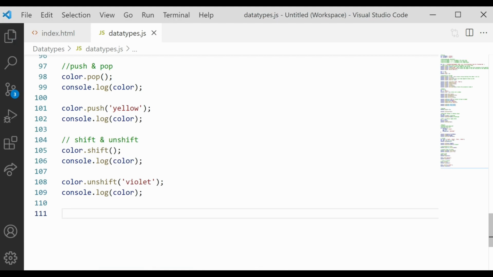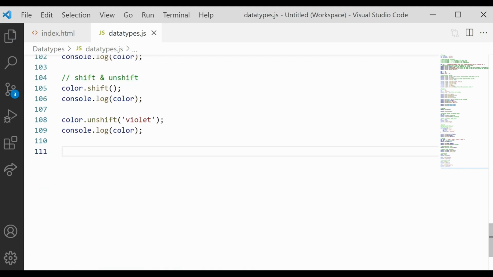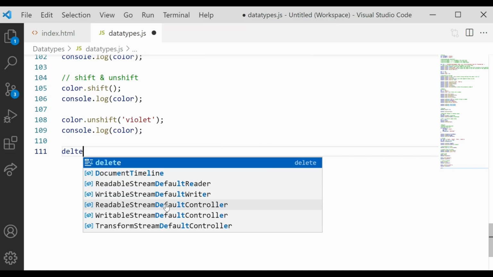Now the next question comes: if we can add or delete an element from the start and the end, then we should be allowed to add or delete something in the middle of an array as well. This type of condition can also come. So firstly, I'm going to tell you a way. Let's say I want to delete something from between. So I will simply say delete